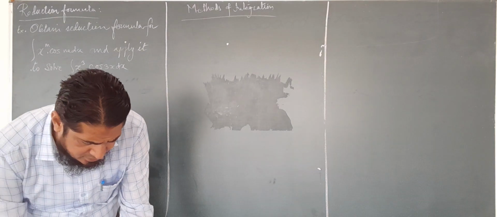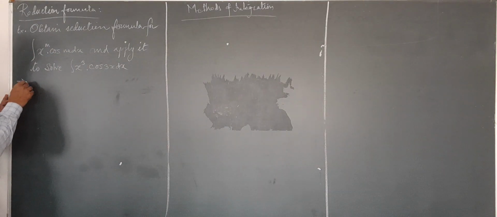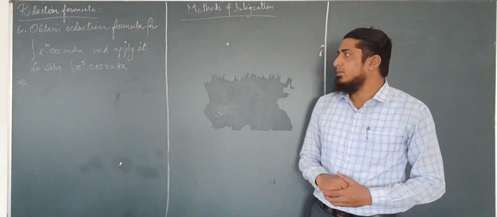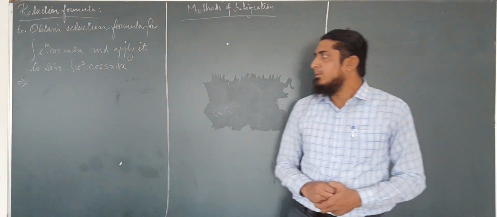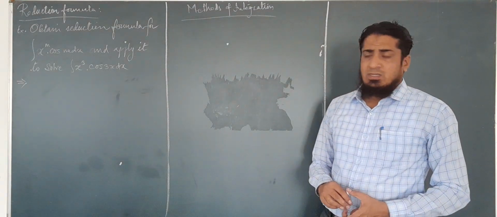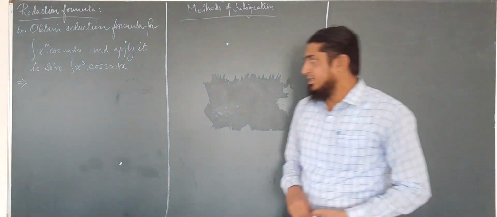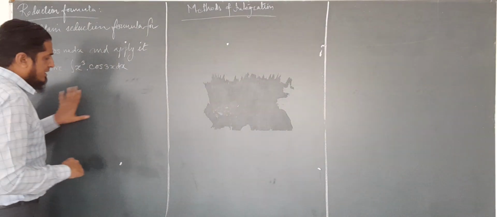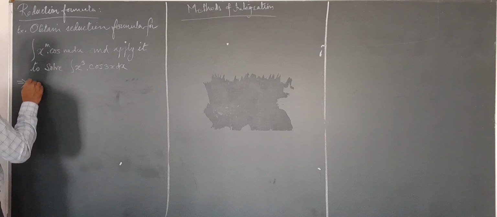x cube cos 3x is an indefinite integral. Now, we have already seen that whenever two functions are in multiplication and we are going to find the integration of that function, then we have to find u and v, where the function u is for differentiation and v is for integration. Now, the functions u and v can be found with the help of